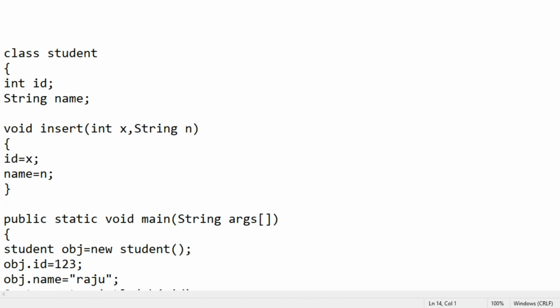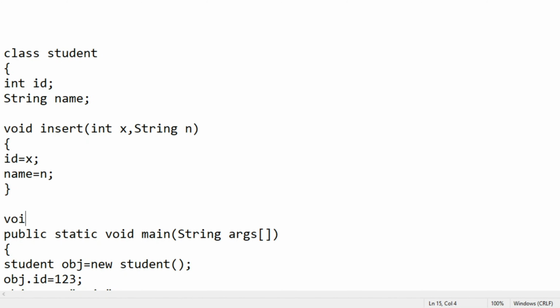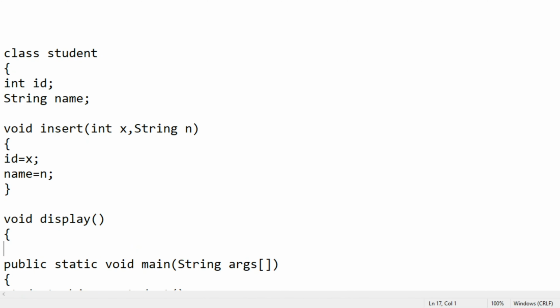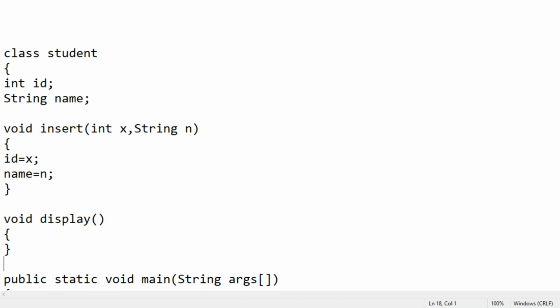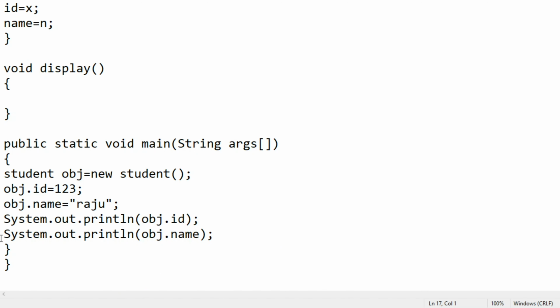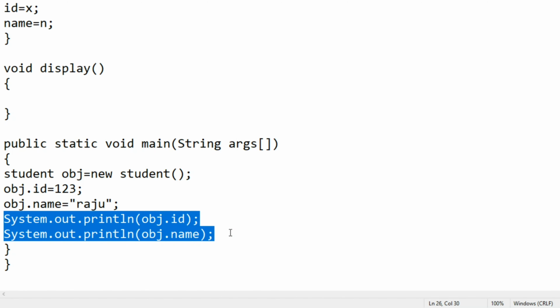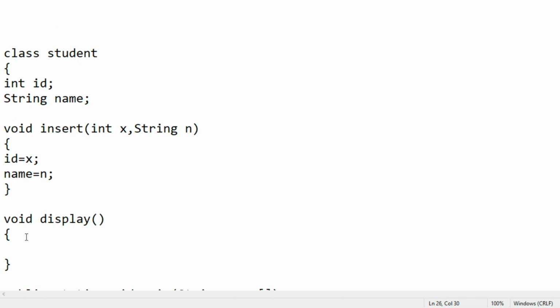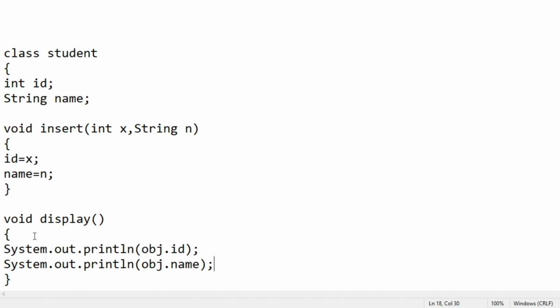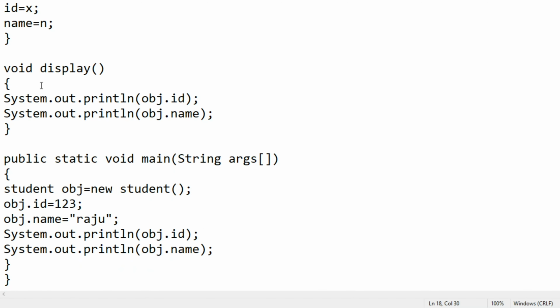Okay, after declaring the insert method, I print the given elements. For printing the data, I use the display method, void display. For printing the ID and the name, I am copying these and pasting here: id and name.